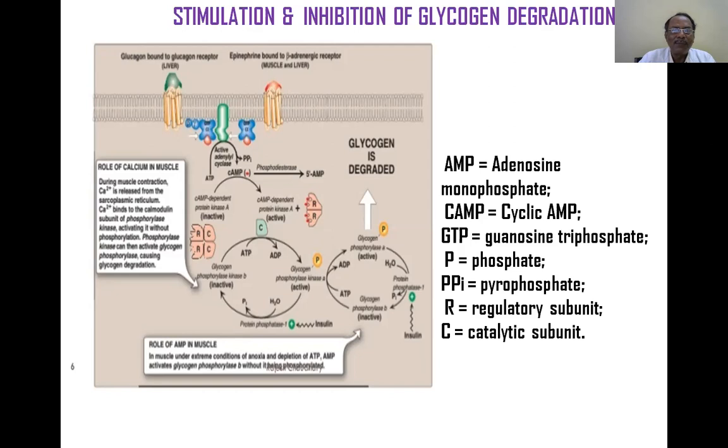That is the theme behind glucagon influencing cyclic AMP, which in turn influences the various kinases, and then the kinases activate glycogen phosphorylase, and glycogen is degraded in the fasting state. Similarly, epinephrine acts through the beta adrenergic receptor in the muscle and liver, and calcium also has the same capability to activate the phosphorylase kinases. So there are three mechanisms.